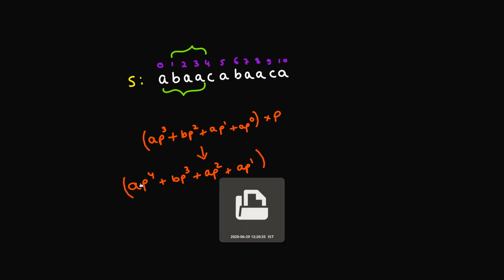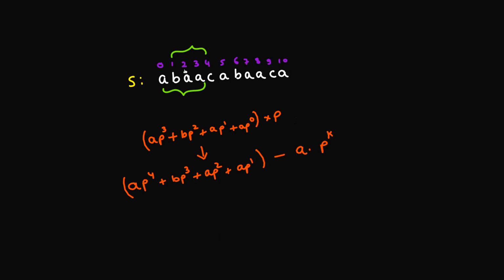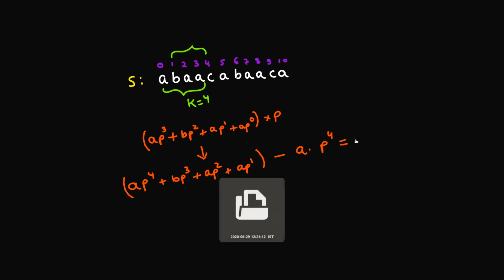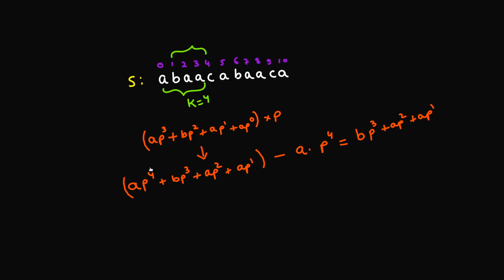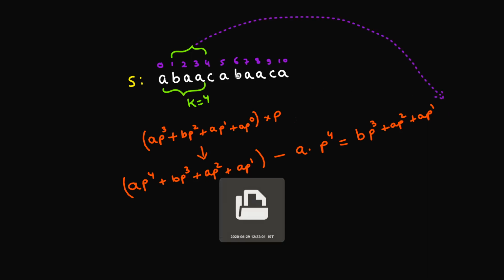So we'll first be getting rid of this thing. I'll just subtract this a times p raised to the power k. The k in our case, as you can see, is 4. So I'll subtract this a times p raised to the power 4, and what I'll be obtaining is something like this. This term is something I'm getting rid of, so I'll just have this b p3, a p2, and a p1. And since I want the hash of BAAC, the last term is nothing but c times p raised to the power 0, because these powers of the prime appear in decreasing order. So I'll just add the value corresponding to c, which is just c, because that's equivalent to c times p raised to the power 0, since p raised to the power 0 is 1.